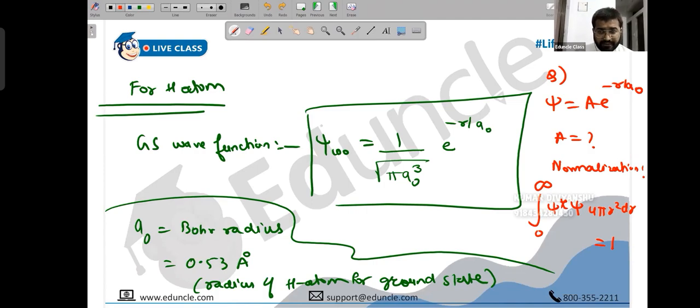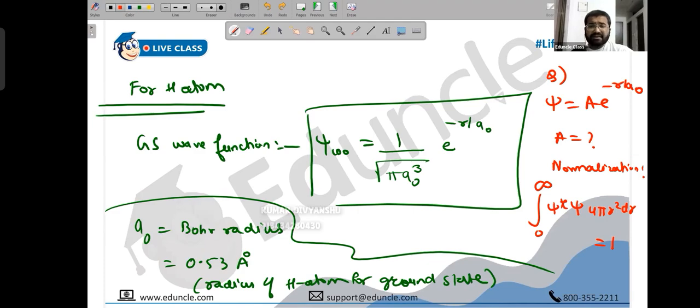I was asking that we are supposed to get the normalization for the ground state. Yes, till the ground state, no? Yes. And the ground state is limited to the K shell, that is n equal to 1. Okay. So the radius that I must take for that should be equal to the Bohr radius, or should we go to infinity? That is my confusion. See, that's a question that is confusing me too at the moment. But I'm thinking that if we write 0 to a naught, and if we write 0 to infinity, 0 to a naught would also mean what?